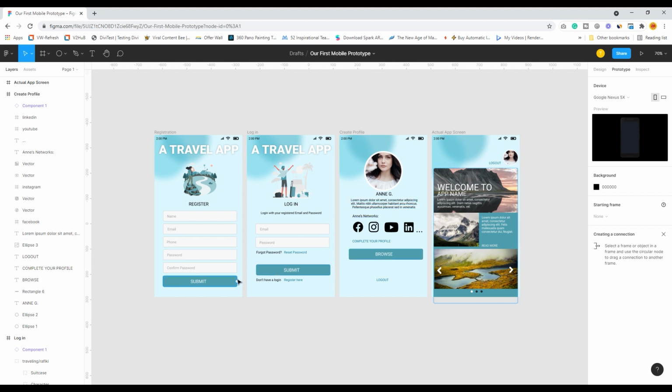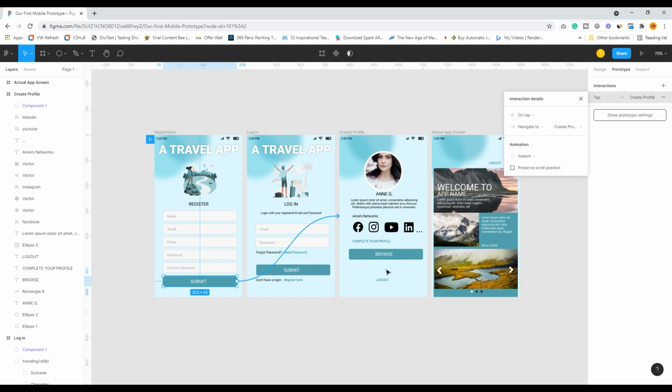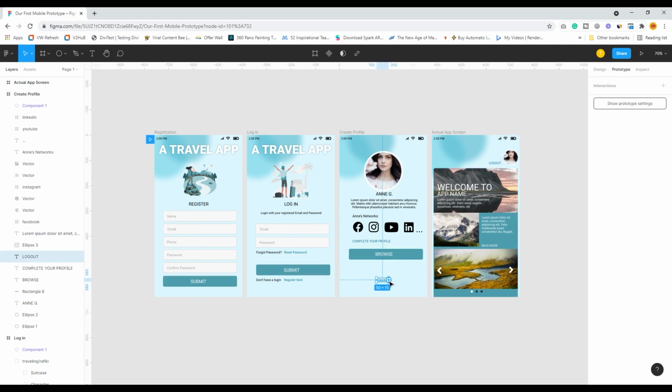main create profile. So once it is submitted, registration is done, password is verified, you can directly go to your profile. Lovely. So it is already done. Similarly, if you have logged in and you want to log out, you can just go to your login screen.